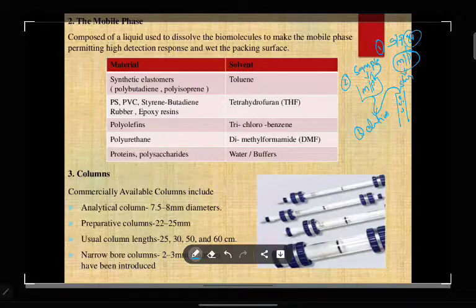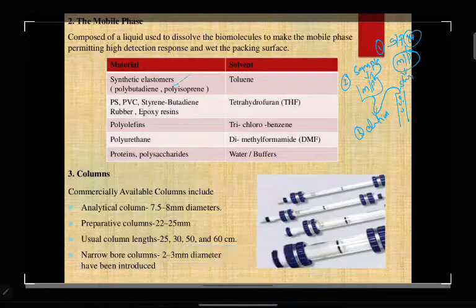So the gel has to swell, which means you must mix it with the mobile phase or solvent. Second, you won't add the sample directly; you will dissolve your sample in a suitable mobile phase and add it along with the mobile phase on the surface of your column. For that purpose you need mobile phase. Third, for elution you also need mobile phase. Based upon the compound we are going to separate, we use a suitable solvent.